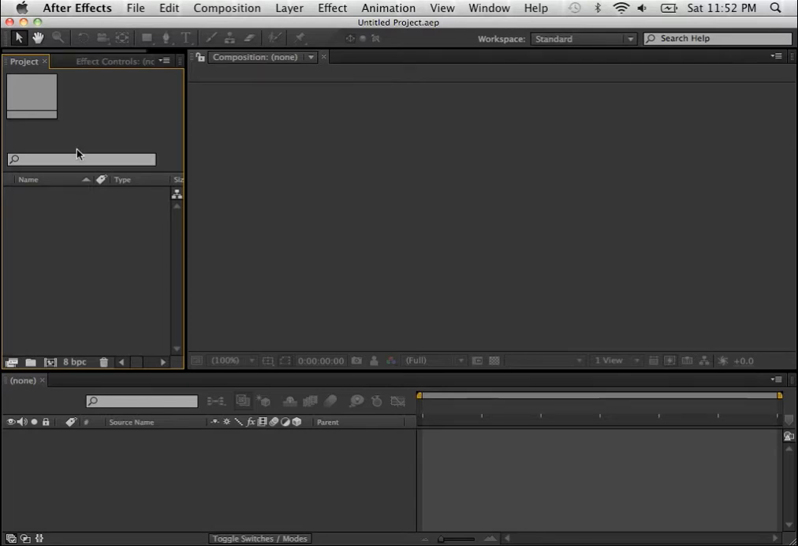The project window is going to be where everything you have in your project is listed. It'll just be listed here alphabetically under name. And at the very bottom of this window, we have several buttons. Interpret footage, we're going to ignore it, pretend it's not there. That's another story. We have a folder button,